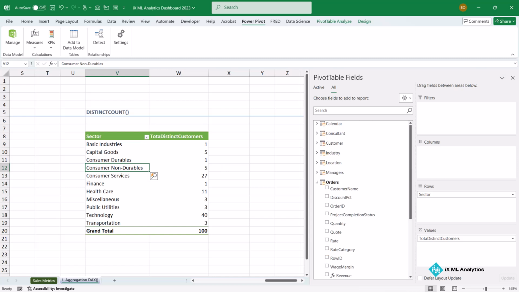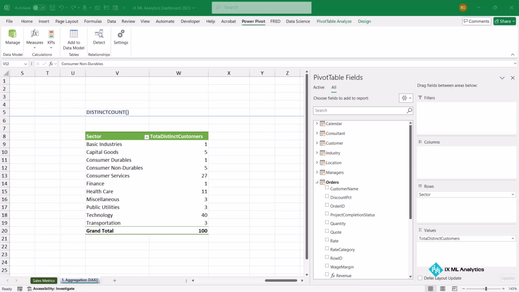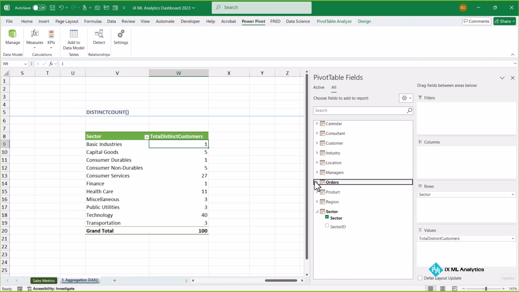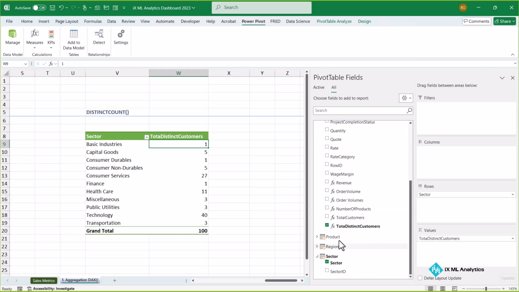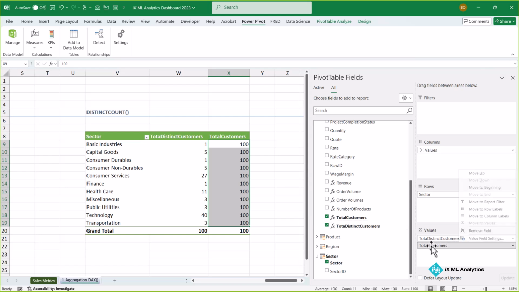If you have two tables and they don't share a relationship, you cannot drill down to them. It will give you the same value. And this is how come, when I put my total customers onto the values area, I get the same value, 100, because